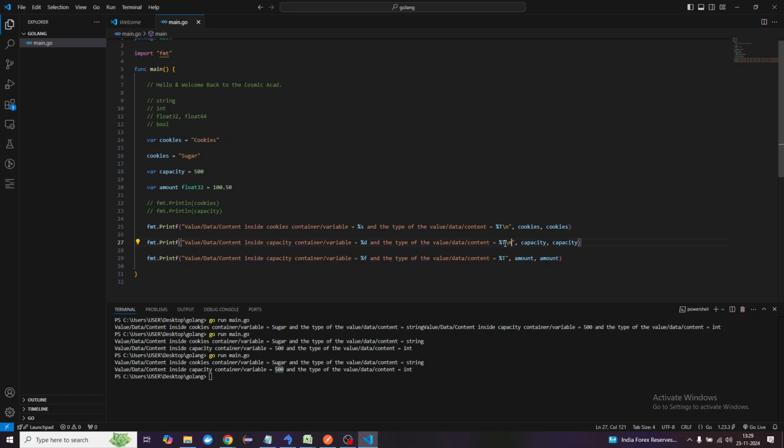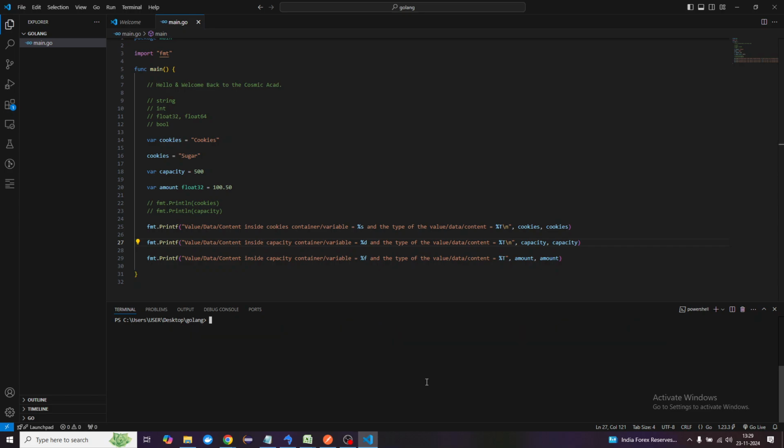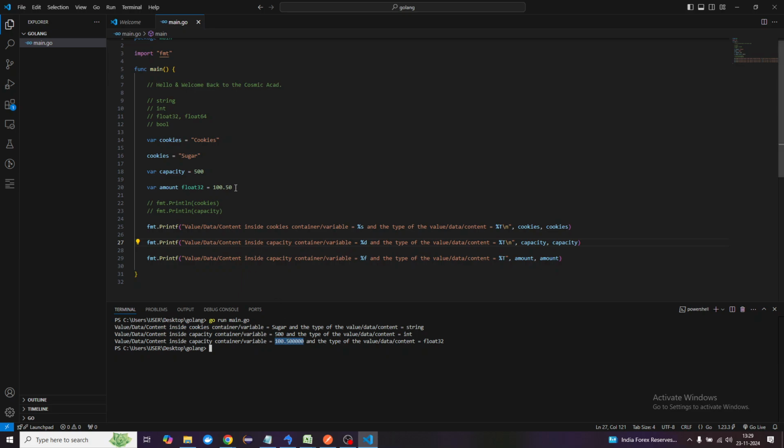So let's save this, and I will just clear the console so that you can see it clearly, and then I will run this program, and you should be able to see what the expectation is. You can see here we have a value of 100.50000, and we have defined it as 50 only. Then why is this many decimal places coming up? It should not come. The answer is: